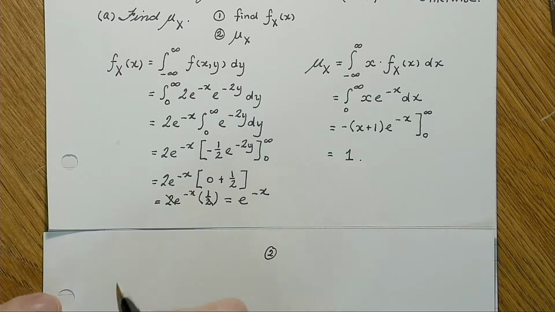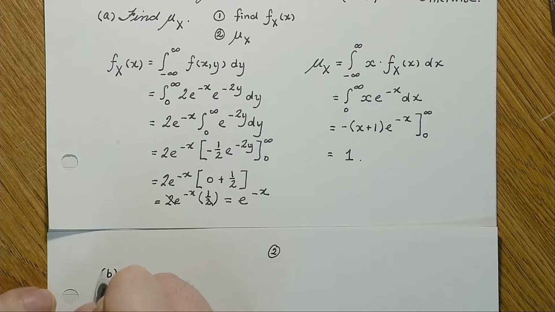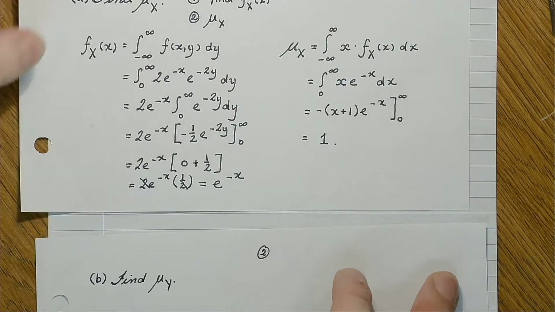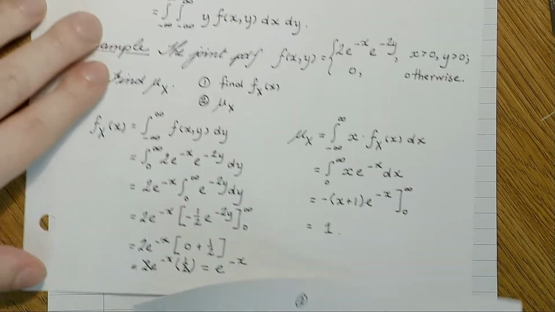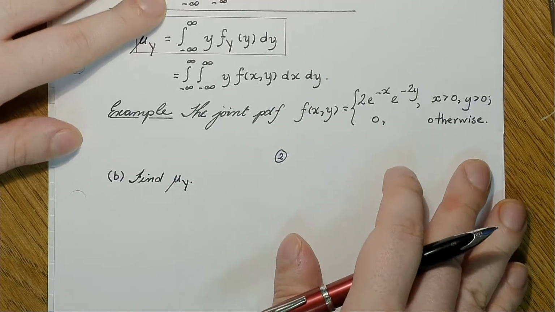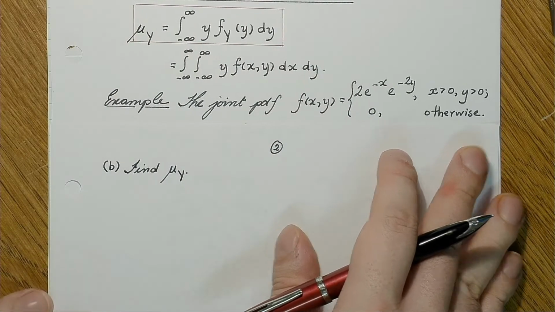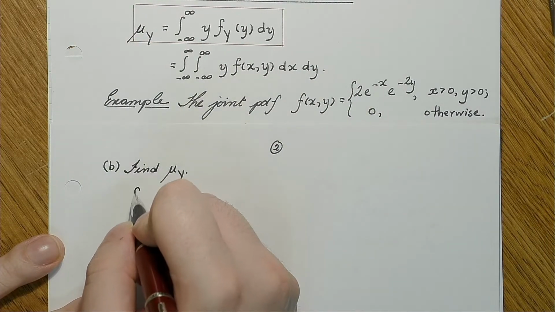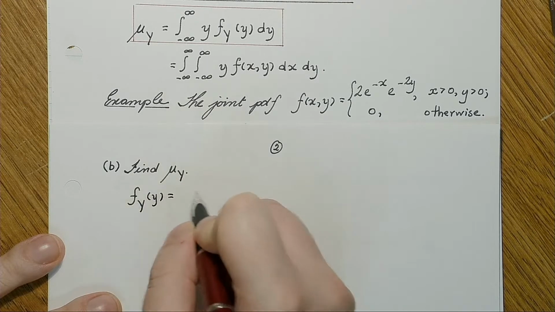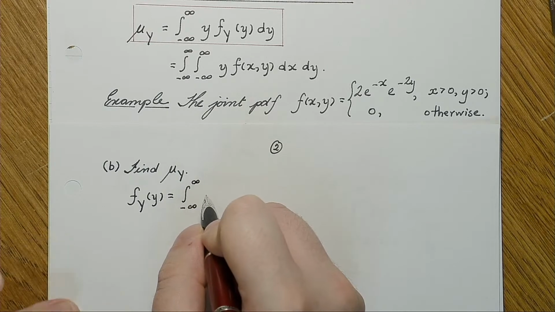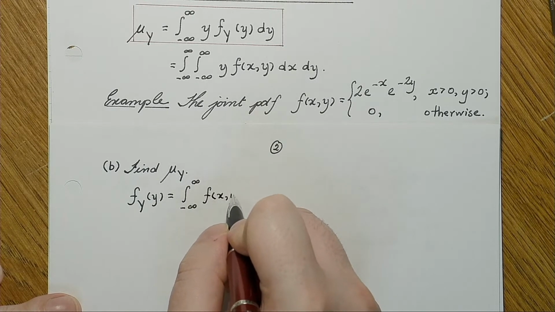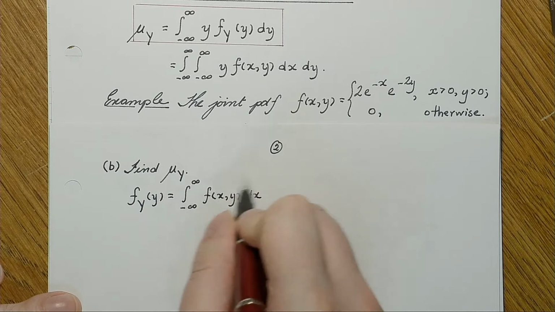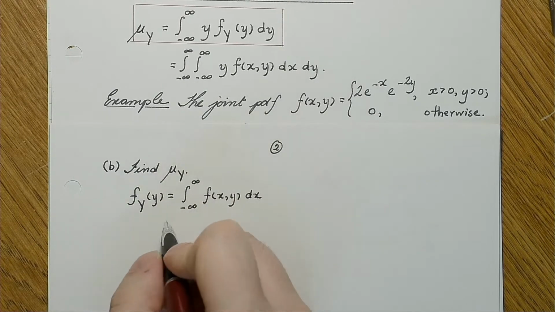So we can also do it similarly for mu of y. And so we have to find the marginal of y. So I'm just going to move this up here so that I have both the formula and the joint PDF. So in this case, I need to integrate that joint PDF with respect to x. I want to get rid of x and write it just in terms of y. So again,